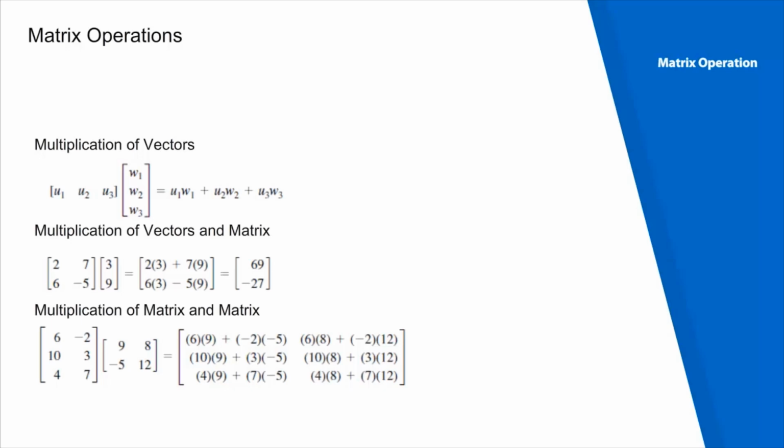So for the first element, the first row of the matrix is multiplied by the first column and then added. For the second element in the first row of the output, the first row of the matrix is multiplied by the second column of the second matrix and then added, and so on it goes. So this is how matrix multiplication is performed. You will find that this is the difference from element by element multiplication.